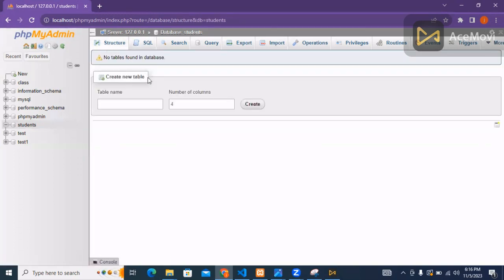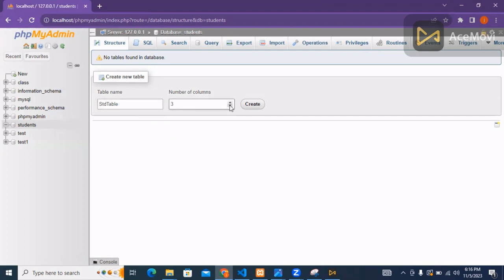If you don't want to use scripts, just type a table name for that. So I'm going to type student std table, and I need